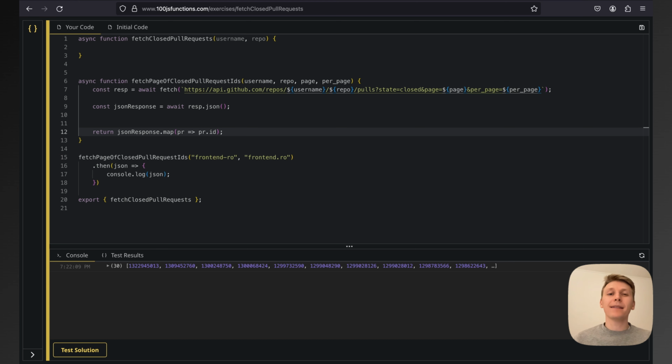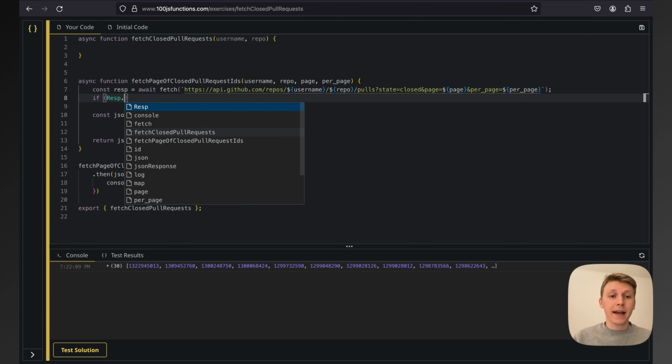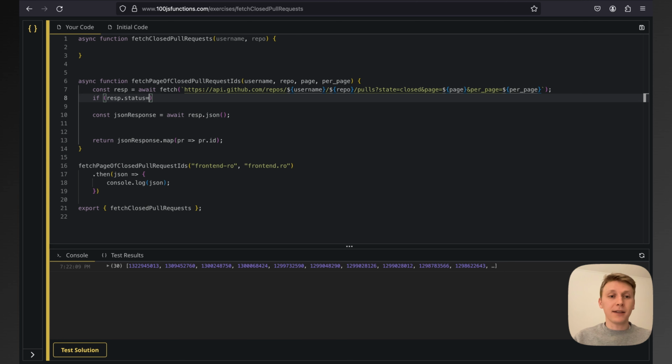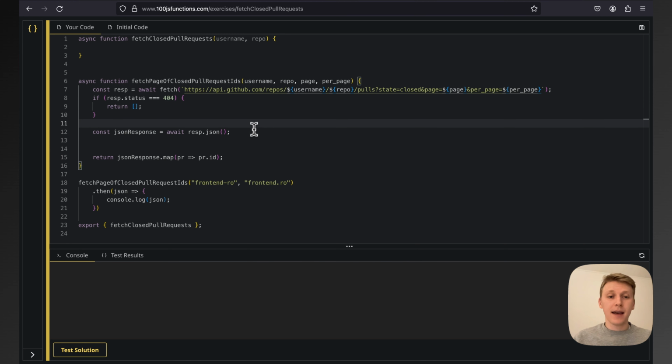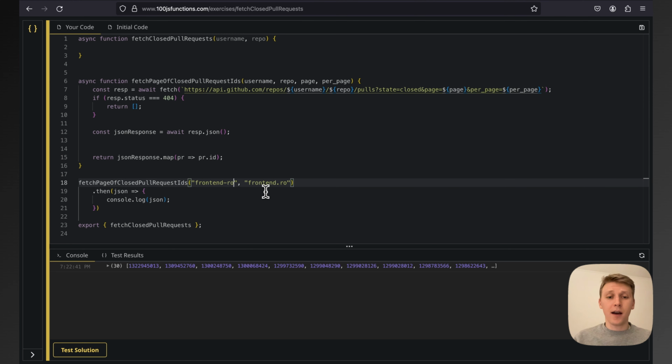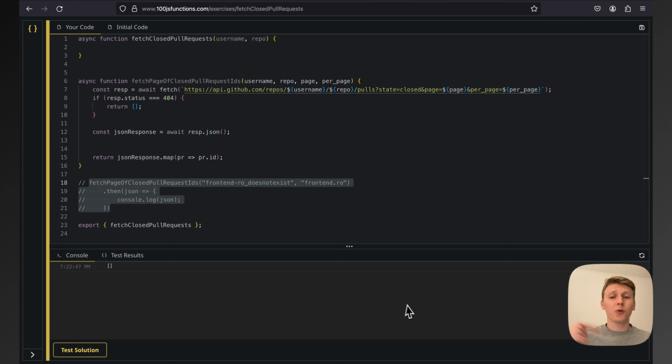Now I also want to handle pagination in this function. Or actually, you know what? Let's do something else before I handle pagination. What happens if the username or the repo doesn't exist? So then I expect to get a 404. So let's do if resp.status is 404, I'm going to return an empty array. And let's test it. So I'm going to do here does not exist. And we should get an empty array. That's good. That's good. Now, let me just comment this because I don't want it to run a lot